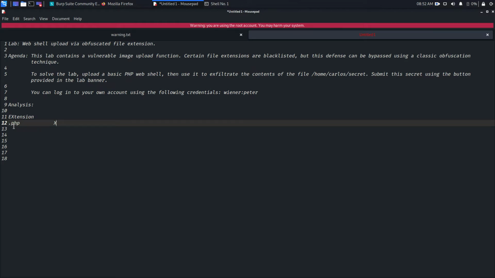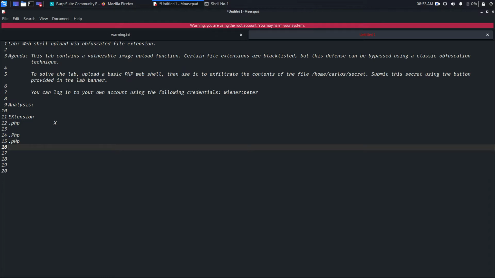Let's say .php is not allowed, and we can do a few things to bypass this or trick the server. Sometimes we can use case sensitivity, like we can use PHP with mixed upper and lower case letters, something like this.